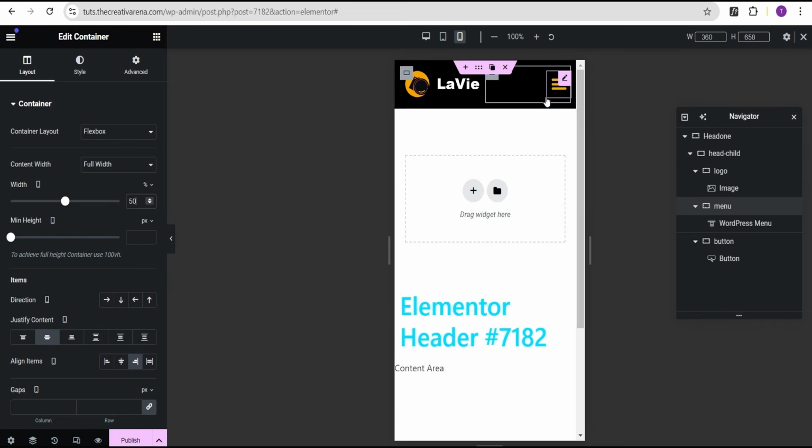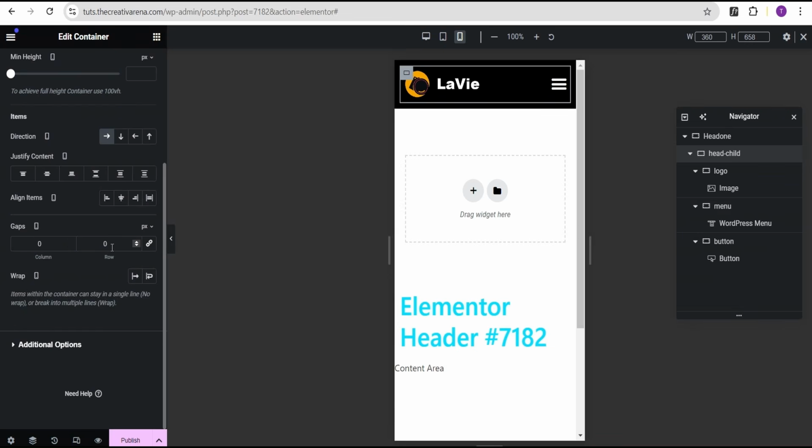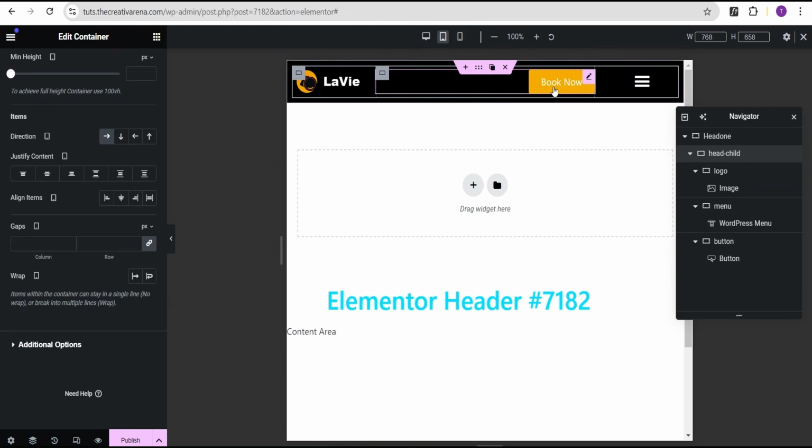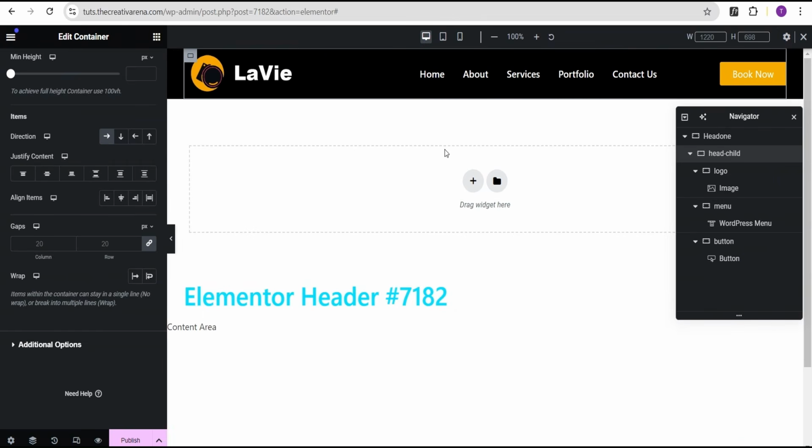Now in your situation, you might not get this exactly, but to correct it and make sure you have it all positioned like this, you just come over to the head child, and then make sure the gaps here are set to 0. Just unlink this and make sure it's set to 0. The value for row and column is set to 0. Okay, now that we have it looking great on mobile, tablet, and also on PC,